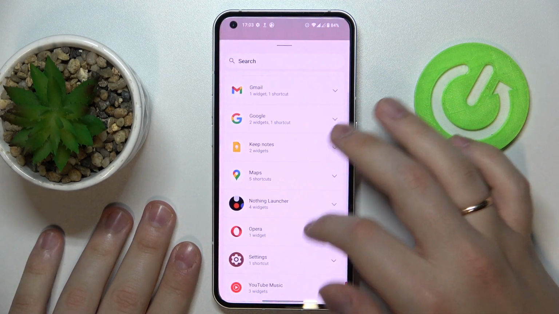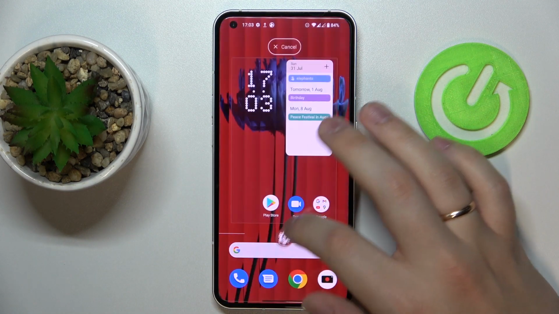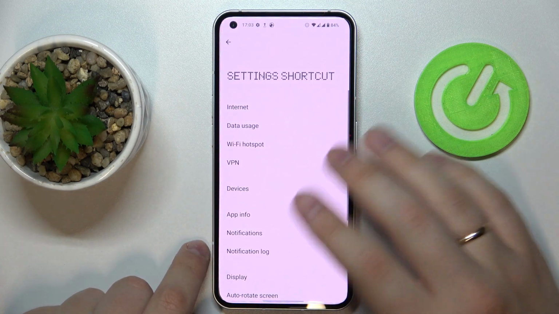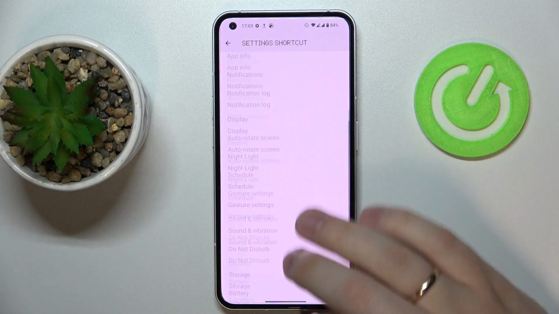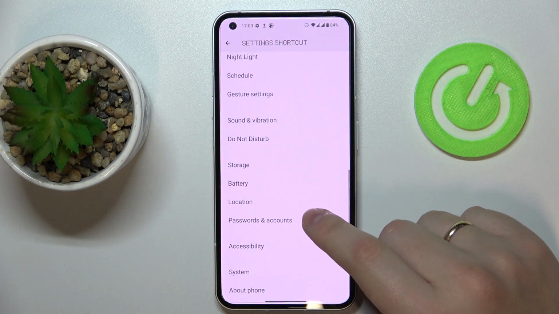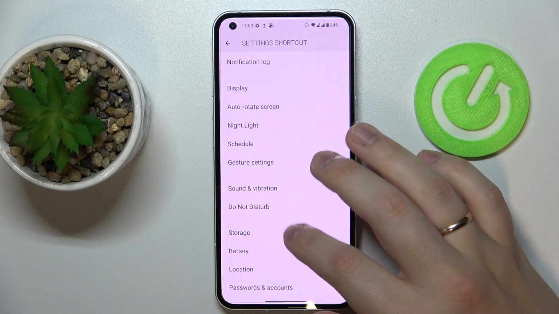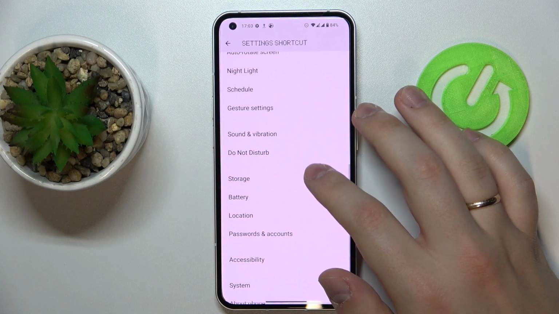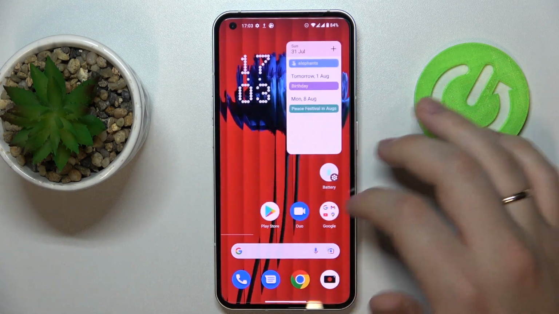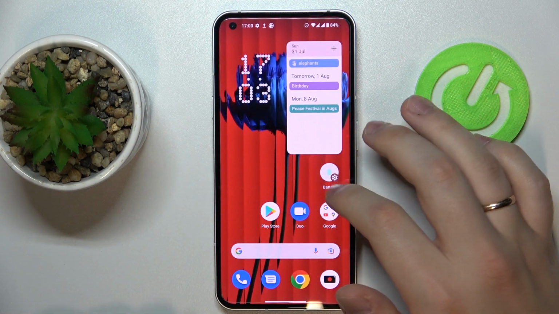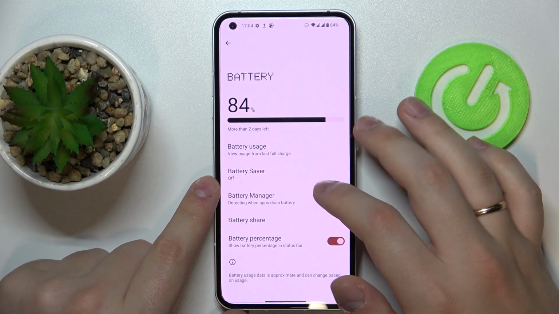Alrighty, and the third widget is located in the settings category, and it's the settings shortcut. Once added to the home screen, it allows you to choose what particular section or category of settings you would like to have quick access for. I'll go with, let's say, battery. And here, basically, once added and configured, by tapping on it, you will be forwarded straight to the battery